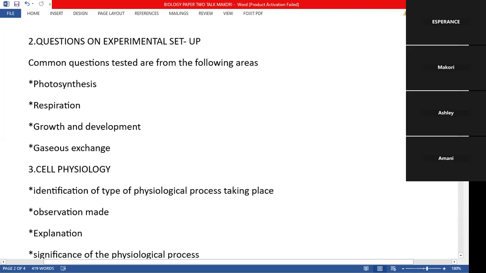We normally obtain the explanations of the processes that are occurring within the experimental setups from the observations that we have made there. So that is where we normally get those explanations. I will not be specific on the explanations that we can give, but for those who have already done question number 2 in the question paper that I had given,